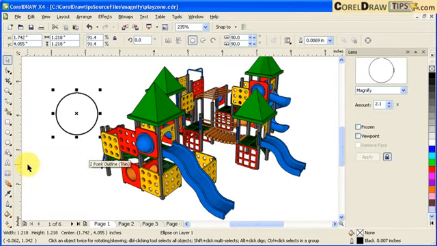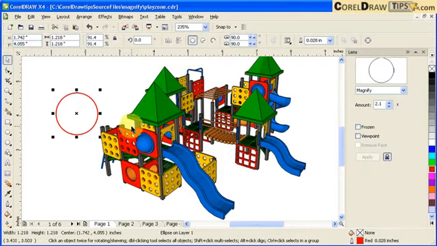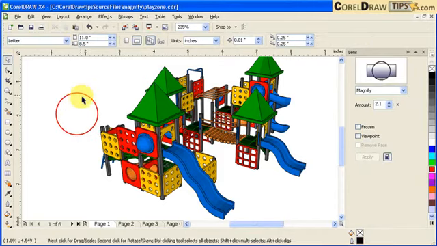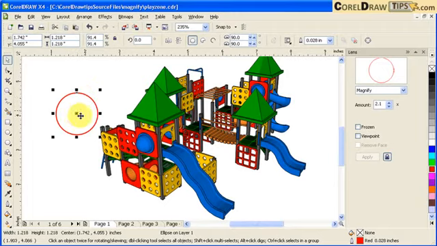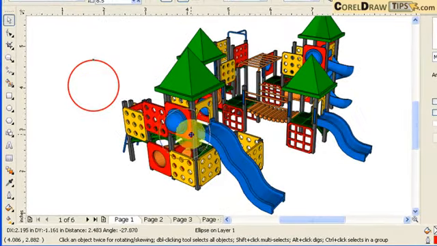So I'm going to choose 2 points, and I'm going to change the color of the outline by going here in the palettes and then right mouse click on the color. Okay, so I right mouse click on red, and the outline becomes red. So I'm going to center this here,